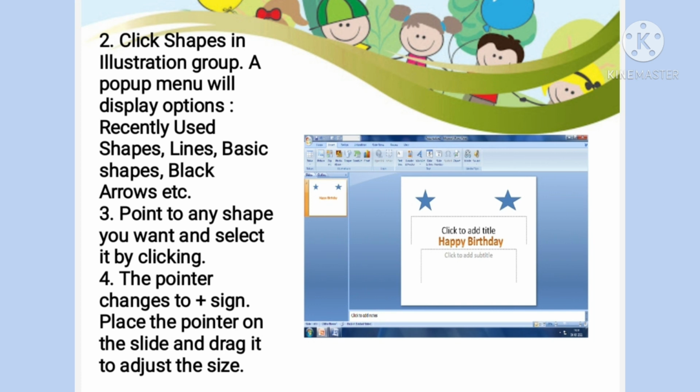Let us revise what we have learned in this chapter and how beautiful a presentation we can prepare by using all these things. First thing that we have learned is how we can use Microsoft PowerPoint and make our presentation more effective and attractive, for which we have to use formatting the text, with which we can change our font style, color, and size.